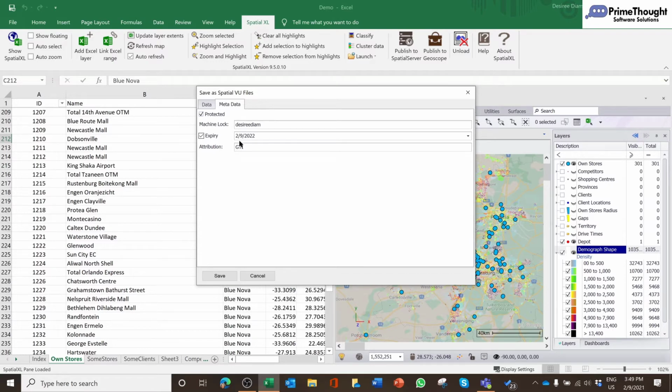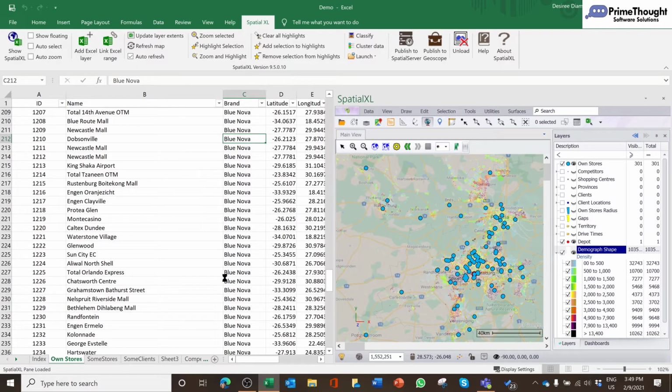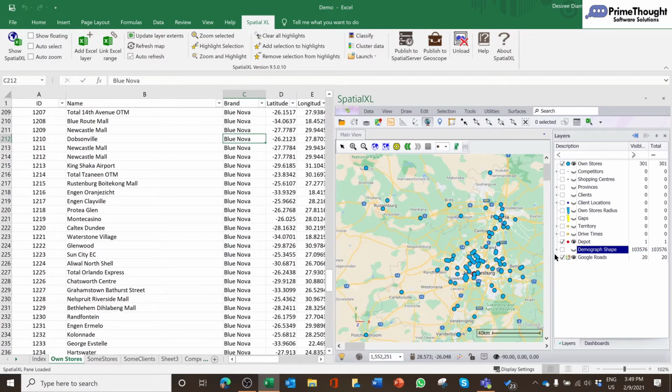The other one is the expiry, and this is very important because very often we sell annual licenses for the data, and when we do, we don't want them to use it for longer than a one year period without paying. So when we go save, it will save this as a spatial view protected file. Great. So now we can actually turn this layer off. We can even delete it. In fact, let's remove this layer,